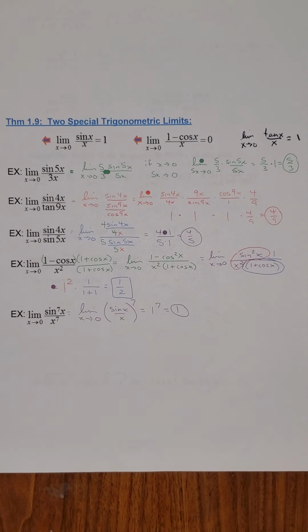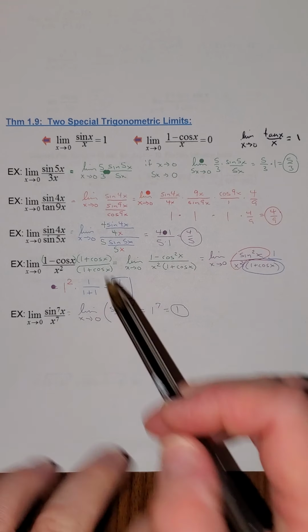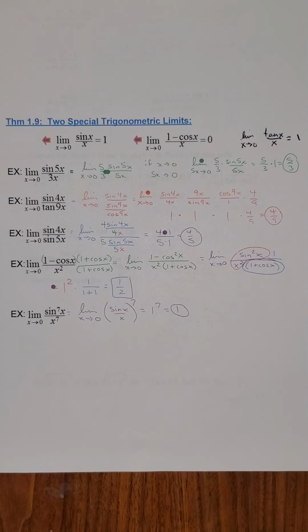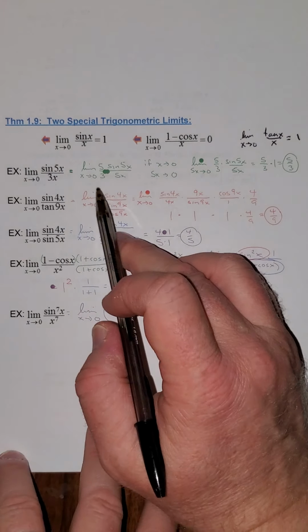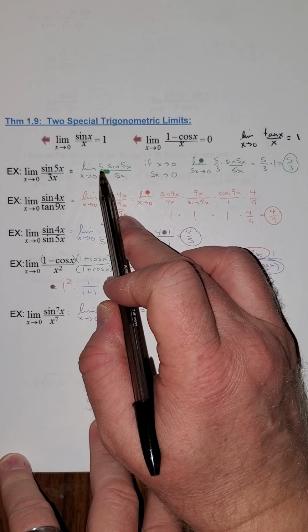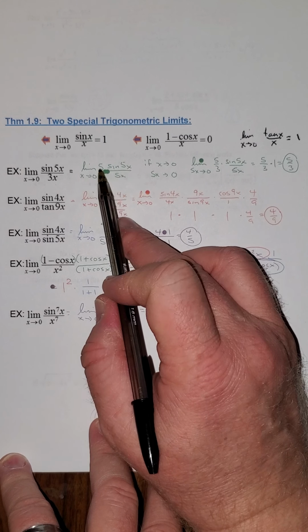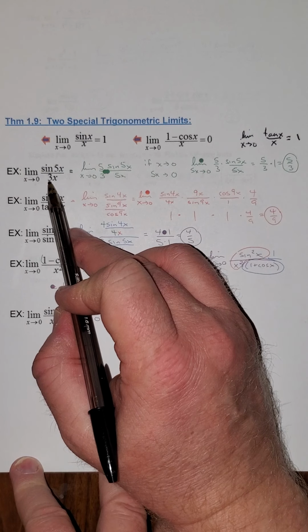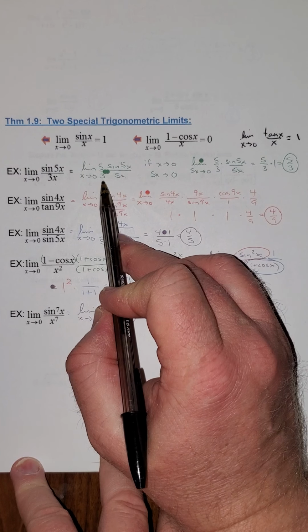Now, the other thing I will do is I will ask my classes on this first problem here, if it's sine of 5x over 3x, take a wild guess what you think that limit is. And this is what everybody says. They say 5/3. That's one of the most common answers. The answer is 5/3. Now let me show you why. I'm going to multiply the top by 5, and I'm going to multiply the bottom by 5. Now what is 5 over 5? It's just 1. Why did I do that? I pulled that 3 out front, and I left